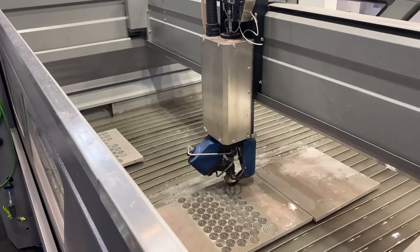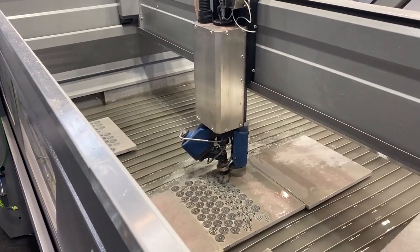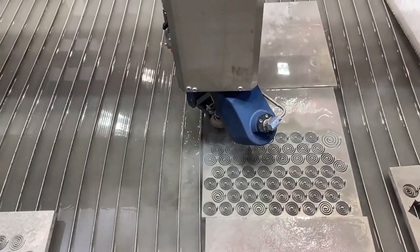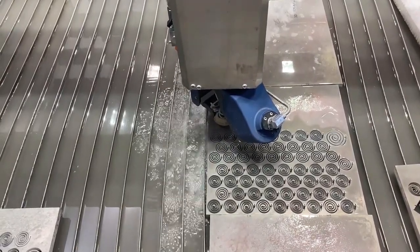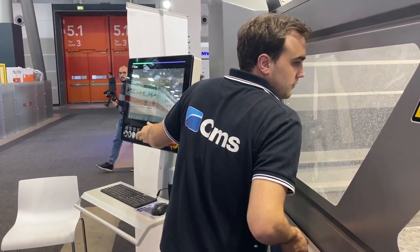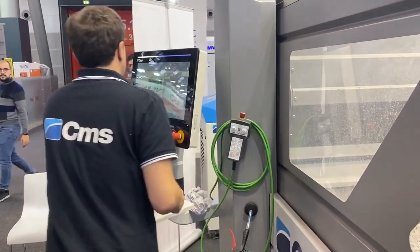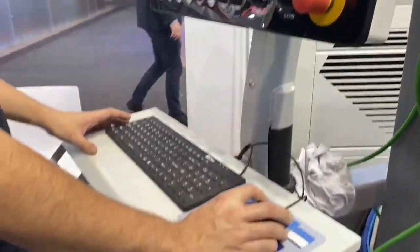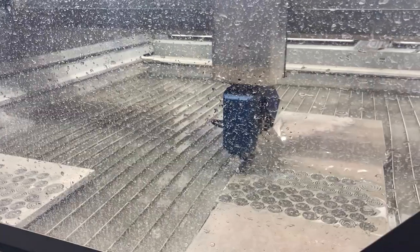It's a 5-axis machine, 2x4 bed, equipped with the dredge, which is a system to automatically remove the abrasive from the tank. You know, with the water jet, you have the issue of what do you do with the abrasive after cutting. It goes into the tank, obviously, and at some point the tank becomes full, so you have to remove it. If you don't have a system like this, you can do it either manually, which may take days, or you can use some products that you can find on the market to be connected to the machine, which take the water and the sand out,